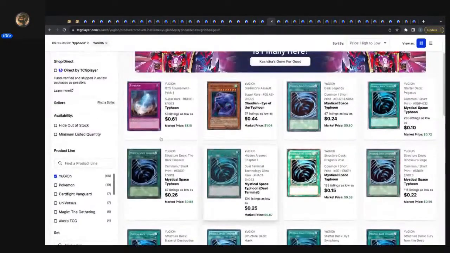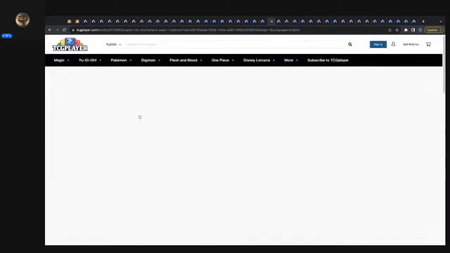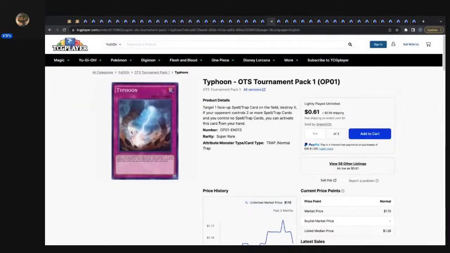QCSR, MST would be nice. Okay, they got Super Rare OTS Tournament Pack 1 Typhoon. This is definitely what they have, Ultra Rare as well. Target one face-up Spell/Trap on the field, destroy it. If your opponent controls 2 or more Spell/Trap cards and you control no Spell/Trap cards, you can activate this card from your hand. So yes,